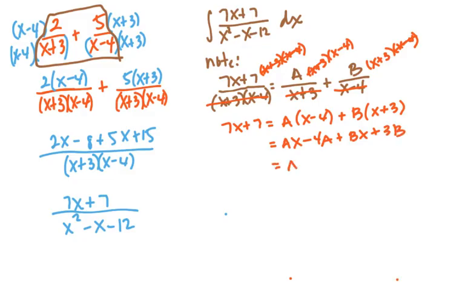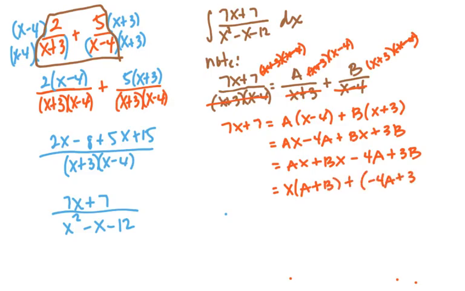So let's rearrange ax plus bx. We're going to put the x's first and then the non-x's, the constants, last. I know they don't look like constants because they have a's and b's, but your main variable here is x. So we're going to put all the x terms first and all the non-x terms last. Now, let's factor out this x, and we have a plus b plus, let's put these two non-x terms in